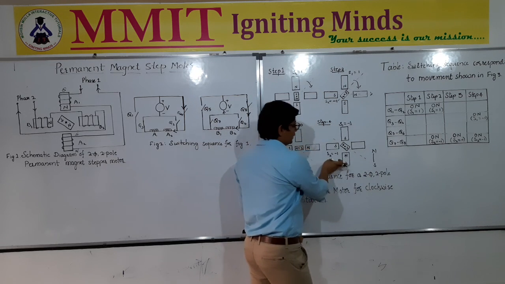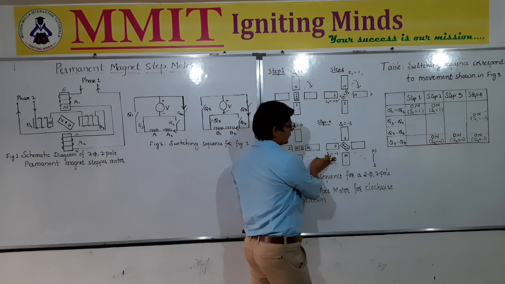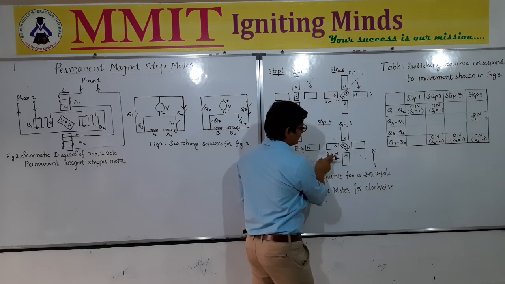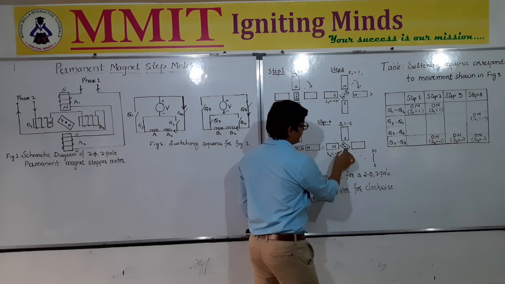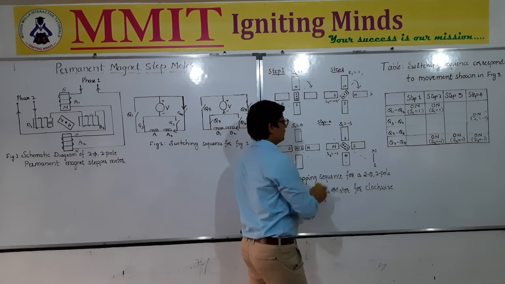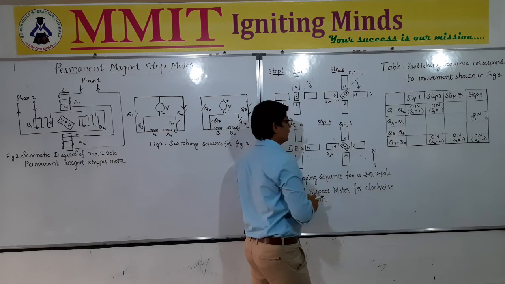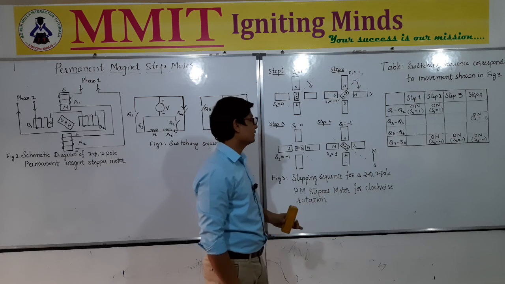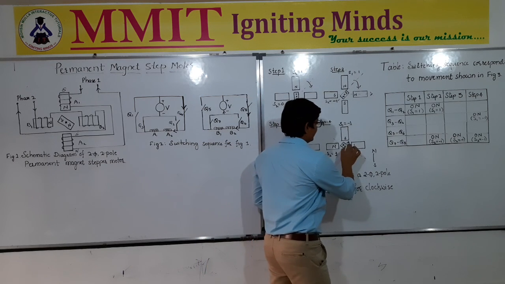Now this south again we need to take to the other side. Okay, so in that case what should we do? For that case again the south should be attracted towards this end. So therefore the south should become north. Okay, then it will come in the resultant axis and this will become south, and this will happen when we make S2 equal to plus 1. So when we make S2 equal to plus 1, it is going to align in this direction.